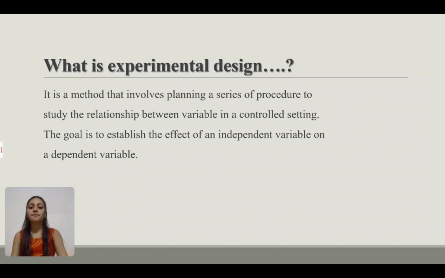between the variables. It involves manipulating one or more independent variables and measuring their effect on dependent variables, controlling the extraneous variables, randomly assigning the participants to the groups, analyzing the data and drawing the conclusion. The purpose is establishing a causal relationship between the independent variable and dependent variable, ensuring that the outcome is due to the manipulated independent variable, not some other